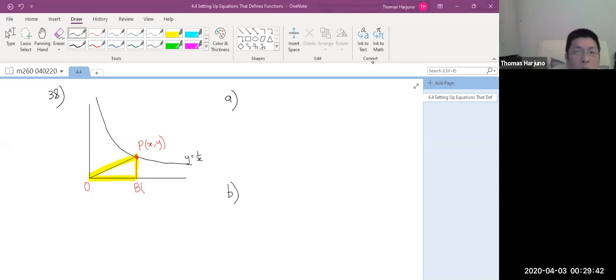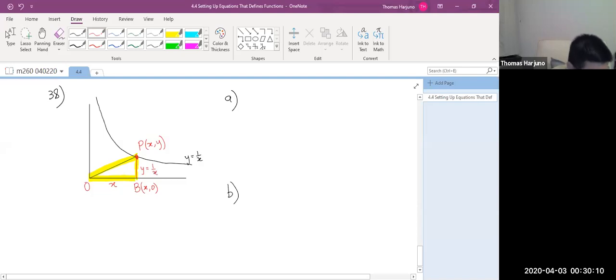The coordinate for point B is x, 0. Is it right? Which means the length OB, which is the base, equals x. Now the height is y, but I need to express that in terms of x, right? So y equals 1 over x. Therefore, the perimeter equals the base x plus the height 1 over x plus the Pythagorean of that,